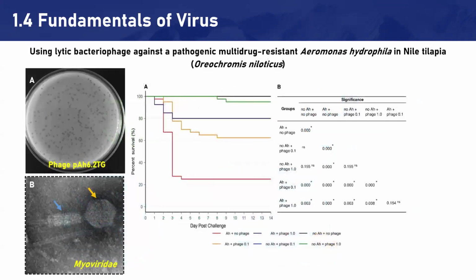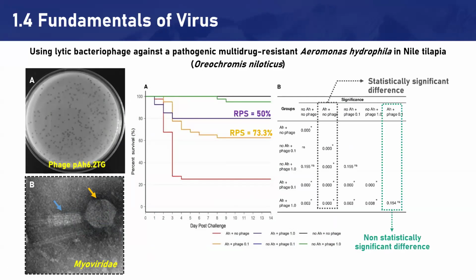So I will show you some results. On the left-hand side is the bacteriophage plaque when we see it on the Petri dish, and figure B is the morphology of the bacteriophage under TEM, transmission electron microscope. And when I do the challenge test and efficacy test in the wet lab, we can see that compared to the control, that means the challenge with bacteria and without phage therapy,